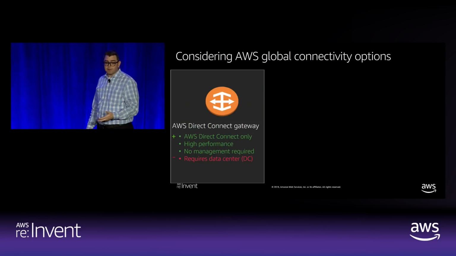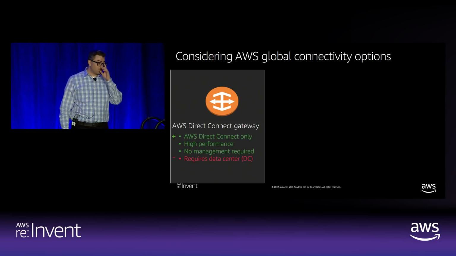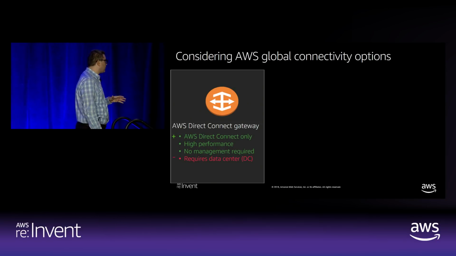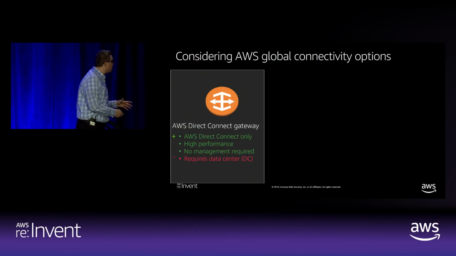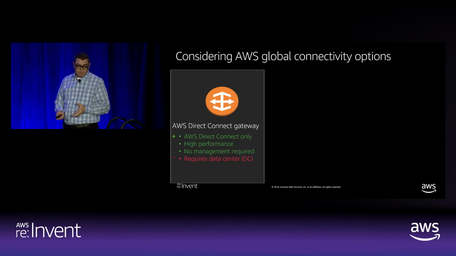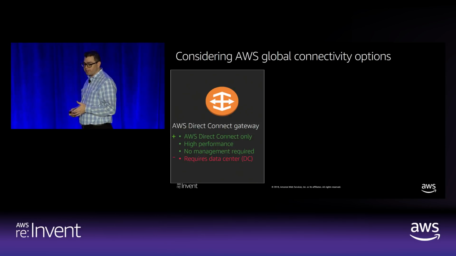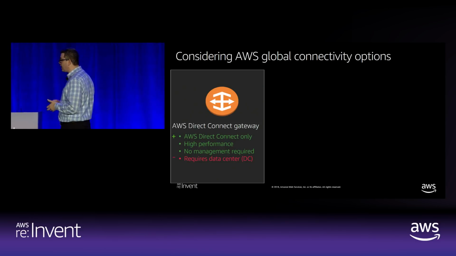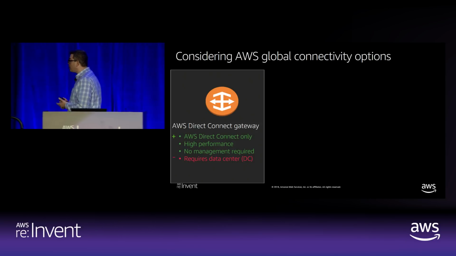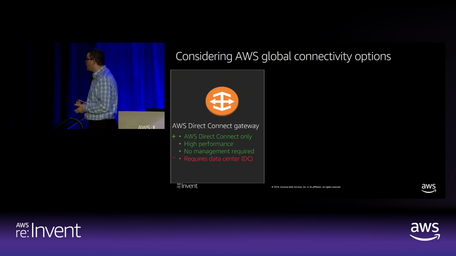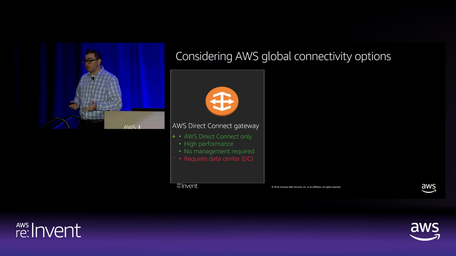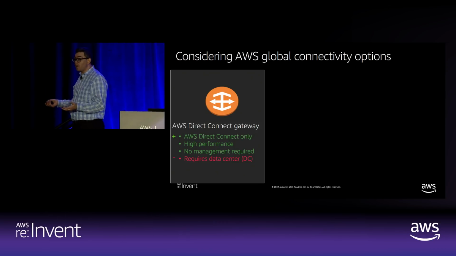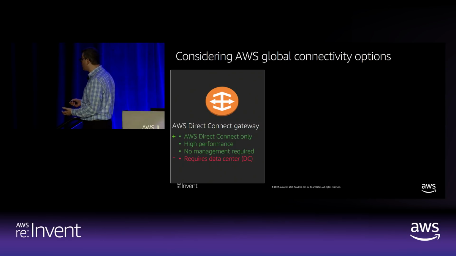So let's talk about some global connectivity options. One of the things to think about is that Transit Gateway allows you to enable this globally. But there's a number of other services as you're trying to extend through on-premises environments as well. And Direct Connect, if you're using Direct Connect, is a service that allows you to deliver 1 or 10 gig secure private connections between your on-premises data center and AWS. And there's network providers and partners that we have that will enable you to do different types of bandwidth accordingly.